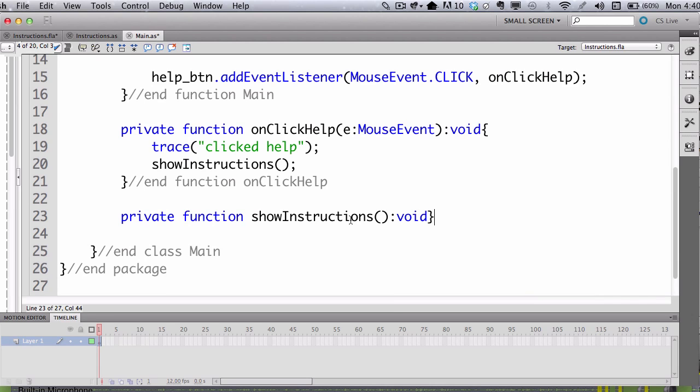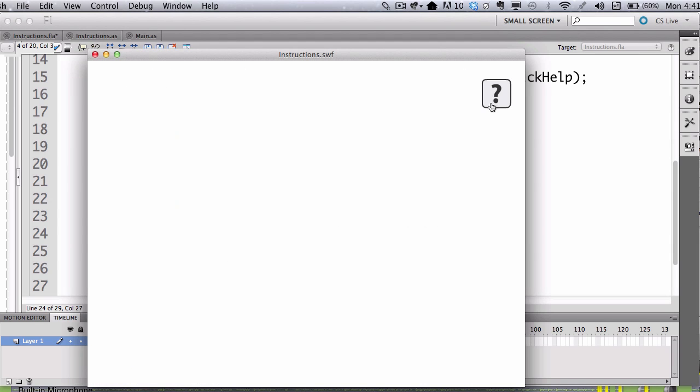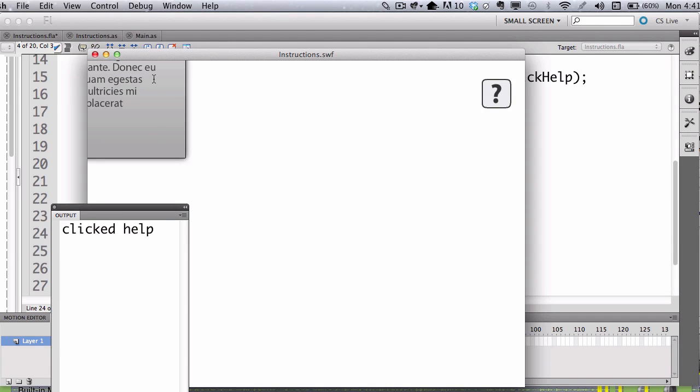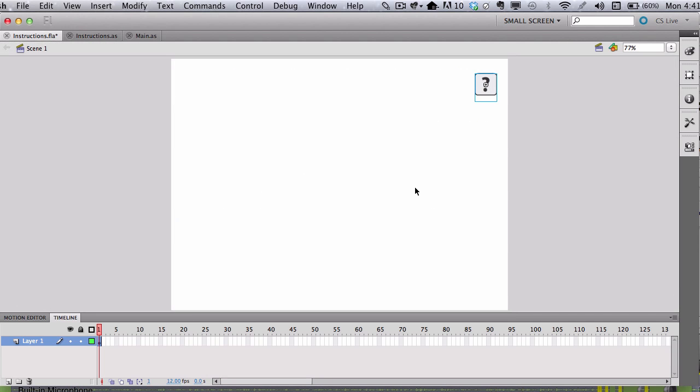Right, and that also has a void for now, not returning anything. And we're just going to do addChild instructions, if I can spell it right. Now this will add it to the stage when I click the button. Obviously, this isn't exactly where I want it to be, so I'd have to move it around, and how you move it depends on where the